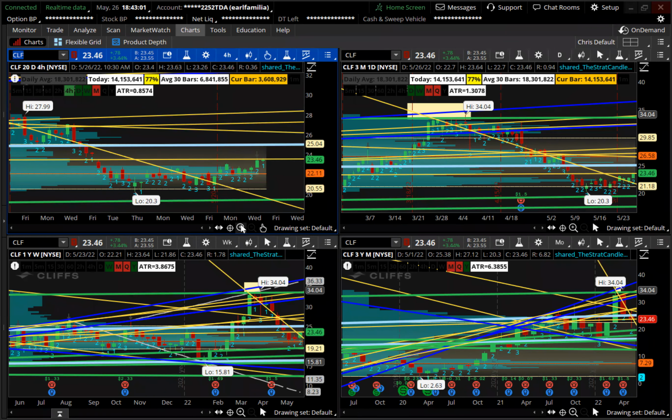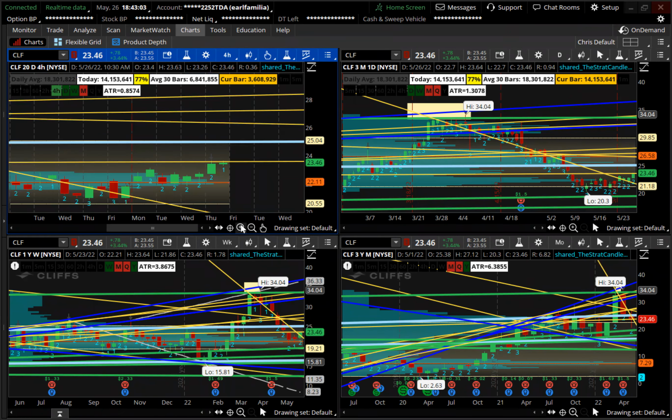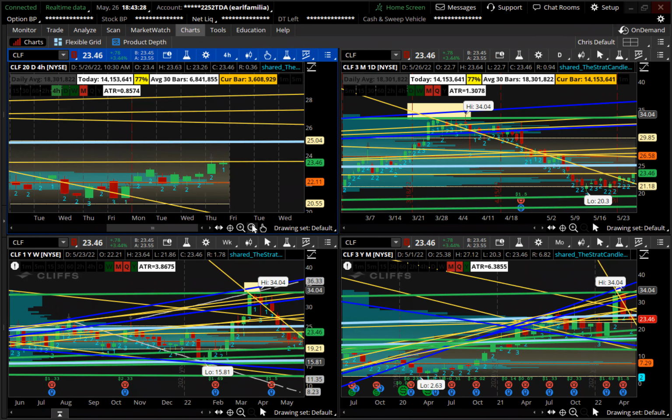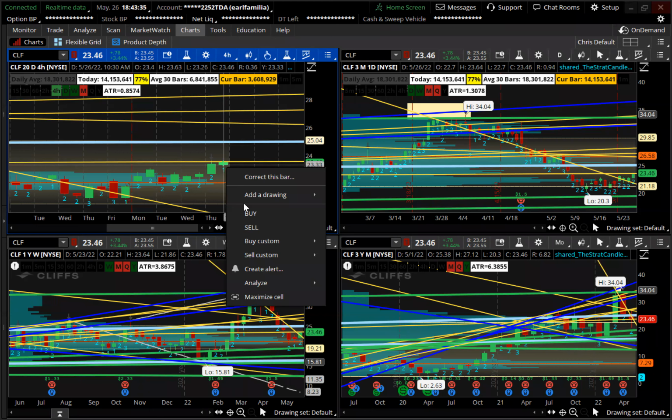Based on the charts, Strat, you got BFs in the way on CLF, whereas PBR does not. That's the real big difference between the two. And then obviously PBR has more sector support, but CLF is in a great buy area. So you got a nice little quandary there. I'm gonna set the level though.